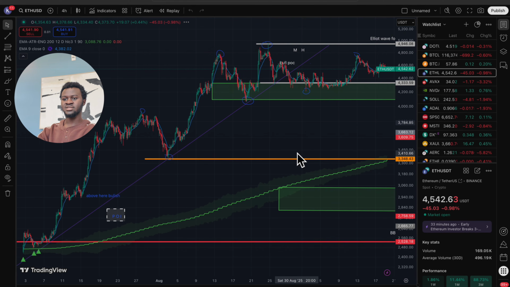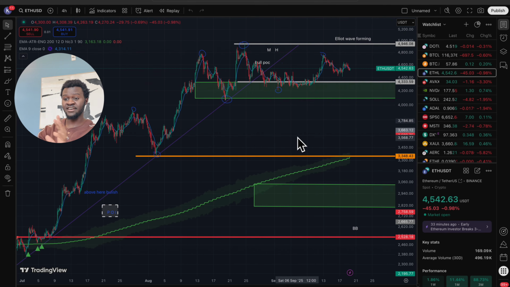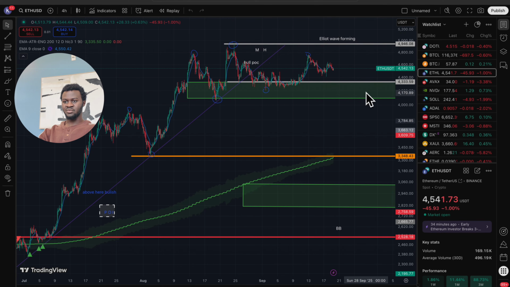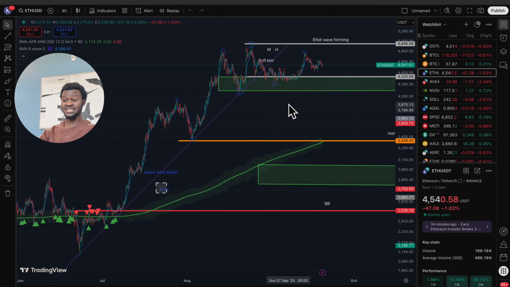But yeah, so I actually mapped this to be like, okay, this is my 5-wave move, right? So say this is your 1, this is your 2 right here, this is 3, this is 4, and this is your 5, and this is A, this is B. Say we're actually waiting for C to develop, right? So if that happens, I'll be so bearish on ETH, because this will be the start of a different trend, which potentially